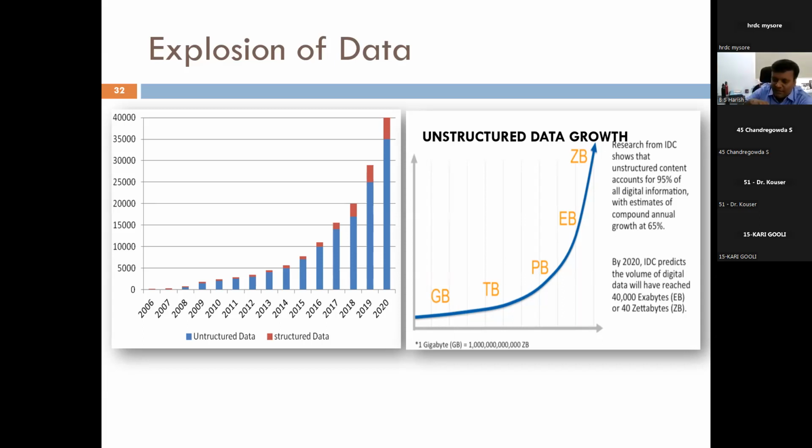So the same set of information, right? Ultimately, that is the structure that we are going to give. But handling that kind of structured tabular data is very easy when compared to data which are unstructured in nature.